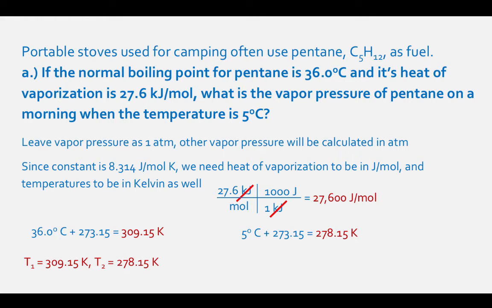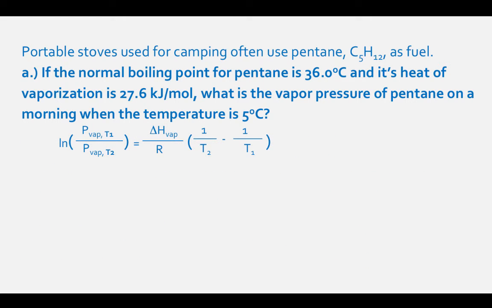278.15 degrees Kelvin. Then our first vapor pressure will be 1 atmosphere, and our second vapor pressure will be our unknown vapor pressure, X. If we substitute our quantities into our equation, our left side of the equation will be the natural log of 1 atmosphere divided by our unknown X. Our right side of our equation will be